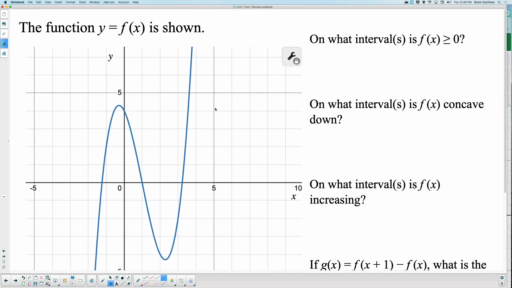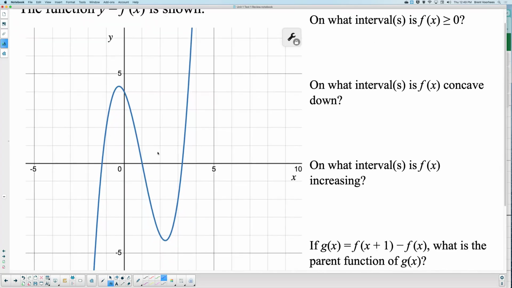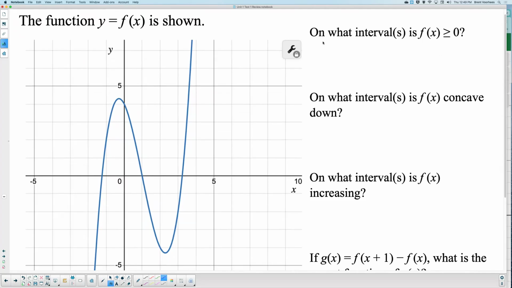All right, our last question. Last question here on this review. It says the function y equals f of x is shown. Question, on what intervals is f of x